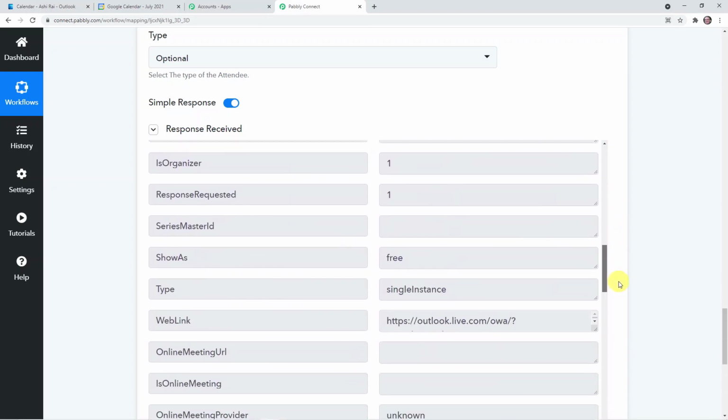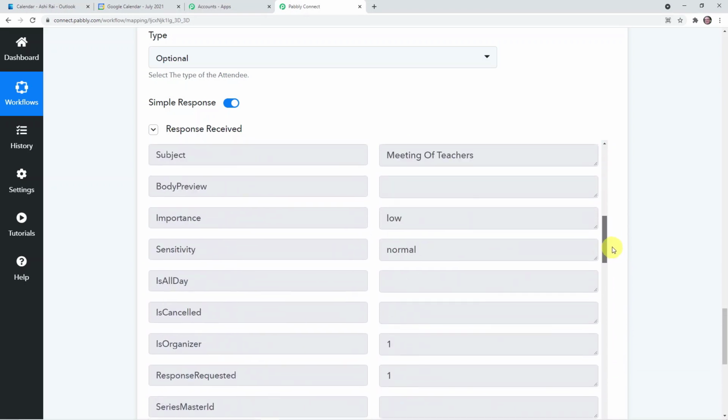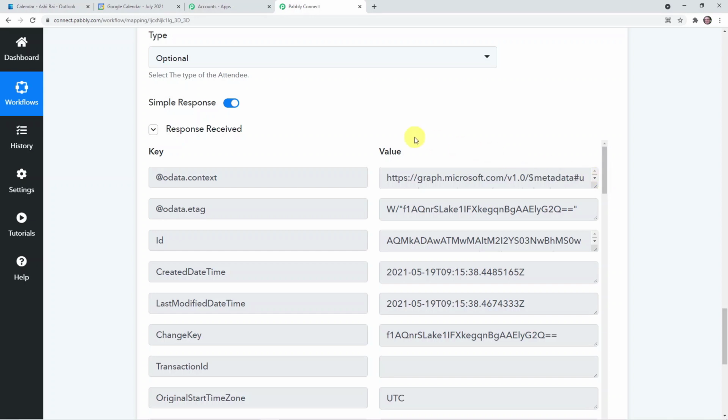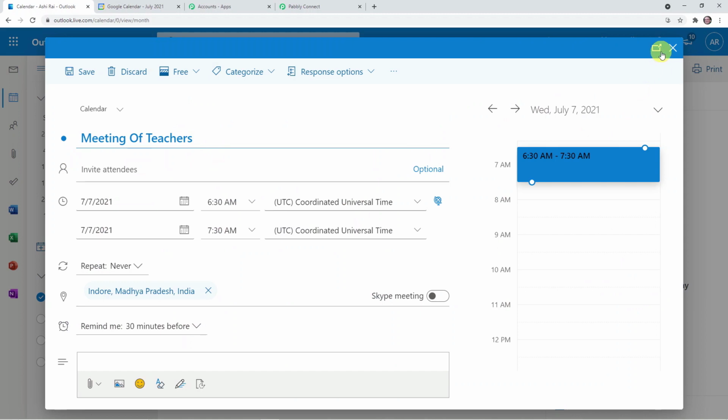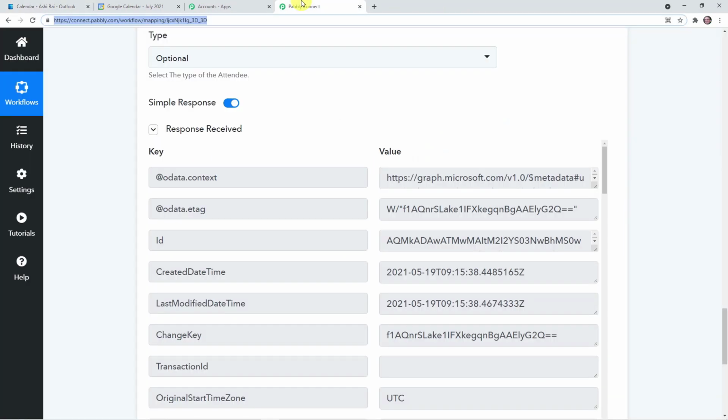Here all the details are available. Now I'm going back to my Outlook calendar just to check whether the same event is created or not. Here on the 7th of July the event is created, that is meeting of teachers. Wonderful. Now I'm closing it and going back to Pabbly Connect.